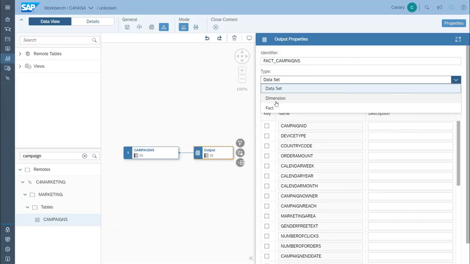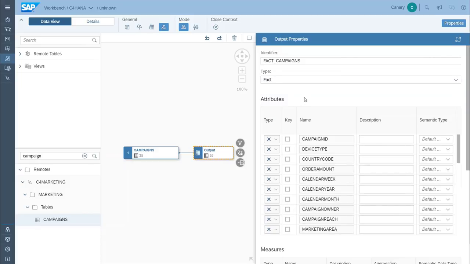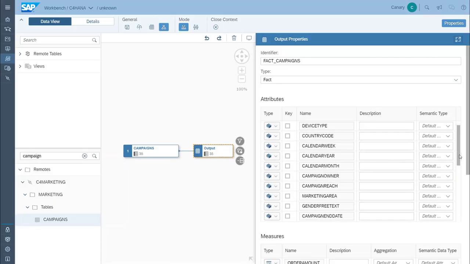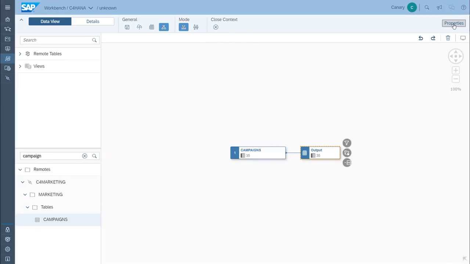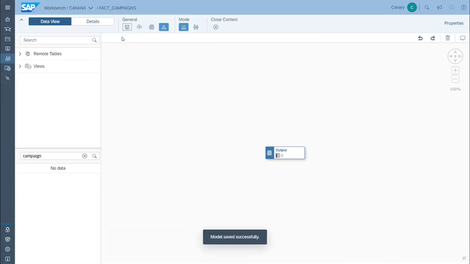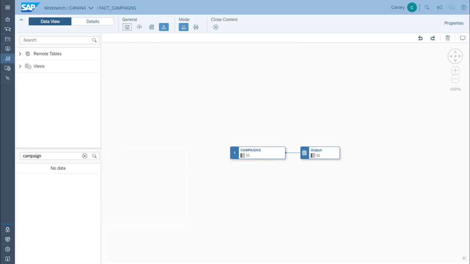Within the properties section, you can provide an identifier to this data view and specify the type, which is fact in this case. Once you switch to type fact, you are able to let the system automatically generate the type of the different columns so that you'll end up with a set of attributes and a set of measures according to the data source. You also have the ability to specify a given aggregation and semantic type, but we leave it as default for this recording. Once we're done, you need to save the model